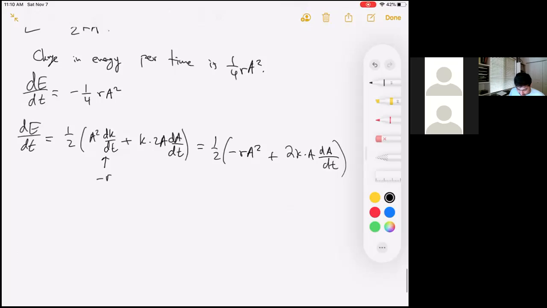And we're told that this is equal to, and we're given that this is equal to negative 1/4 RA squared based on our previous work. So what we have is negative 1/2 RA squared plus Ka dA dt. So Ka dA dt is